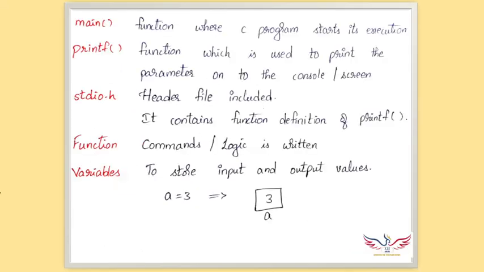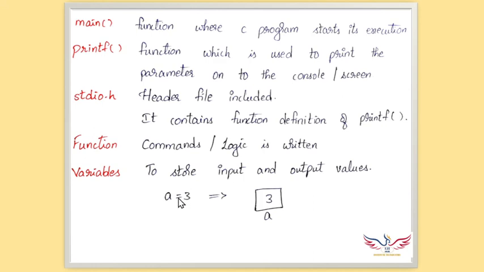Now there is another thing called variables. What do you mean by a variable? A variable can store some value. Suppose in maths you have this, right? a equal to 3, b equal to 3, a plus b. What is the value of a plus b? 3 plus 3, it is 6, right? So how are you doing that calculation? I am telling you to do a plus b, and you are replacing a with 3 and b with 3,